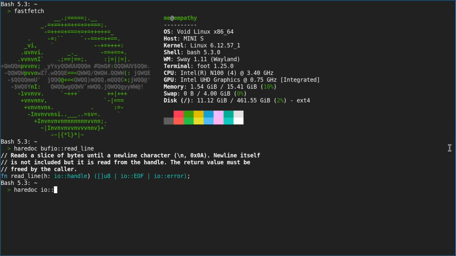Haredoc IO error, and you can see this is a type, so we're defining it. Well, this is in a standard library. It's defining a type named error, and it's a tagged union, and it can be errors error, this is the errors module, under red, or no mem, and this means that it failed to allocate memory. So you can see the error flag here, it prepends the type, and that's how you know that this is